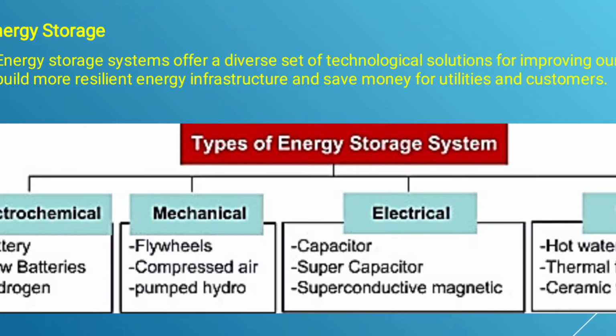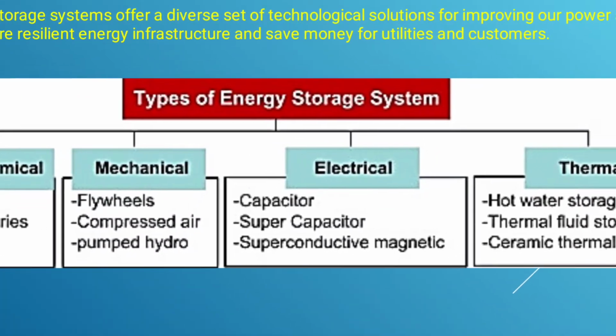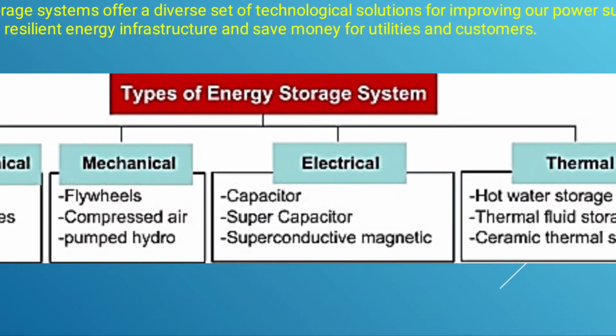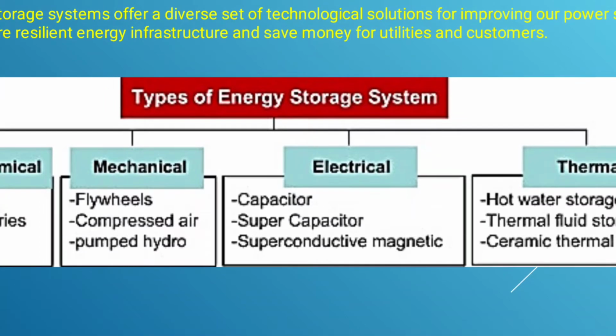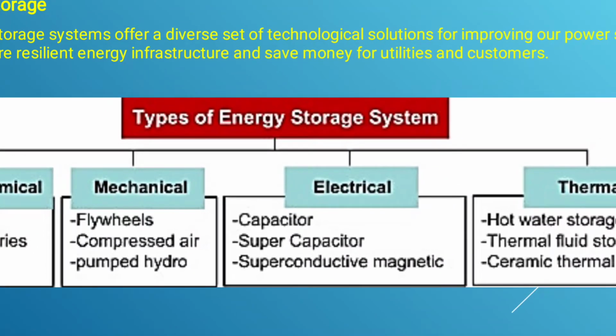So in here what happens, we are using the mechanical devices to store the energy, and that can be utilized to generate the power whenever it is required. Next, it is the electrical type of energy storage system. In electrical type of storage system, we are using the capacitors, supercapacitors, and superconducting magnetics. So these are different types of electrical devices where we can store the energy